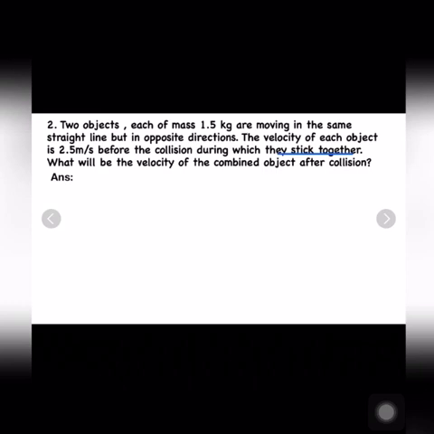So let us firstly write down what is given to you. So two objects each of mass 1.5 kg. So m1 equal to m2. Both are given to be 1.5 kg. Also the velocity of object A before collision, so u1, is given to you 2.5 meter per second,